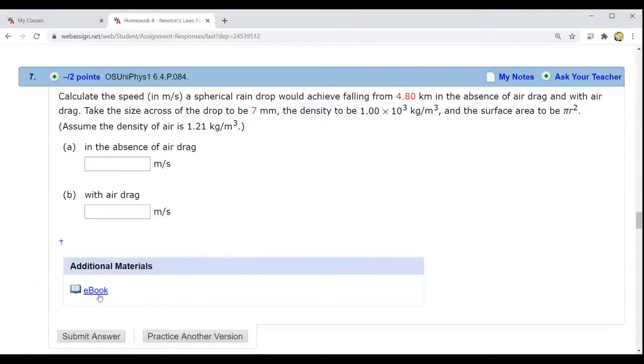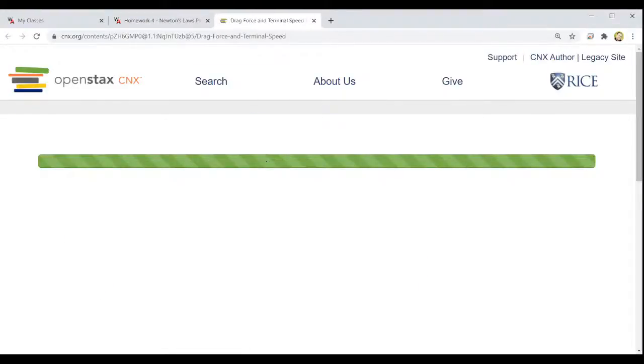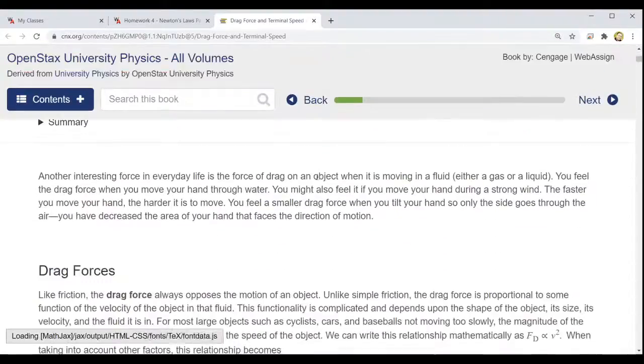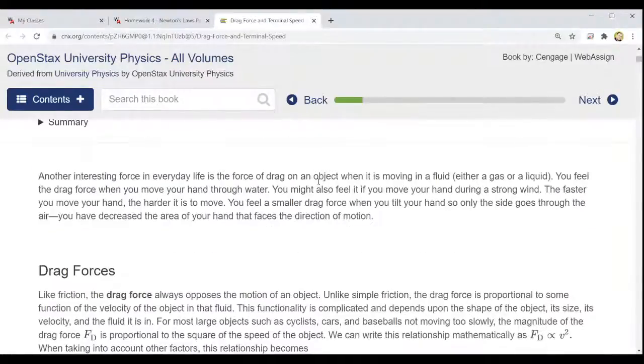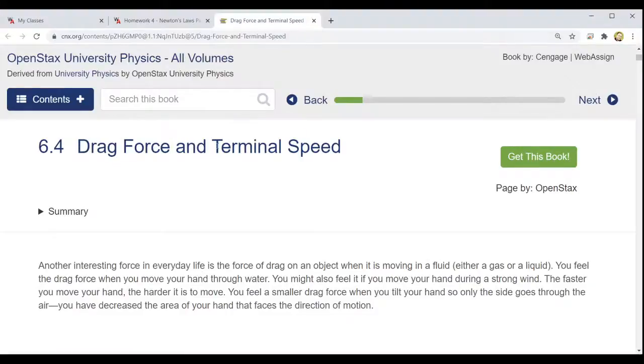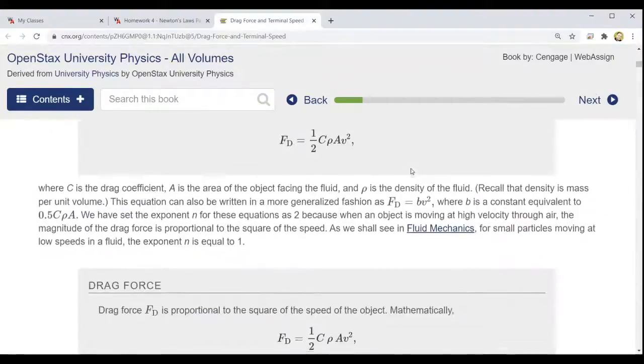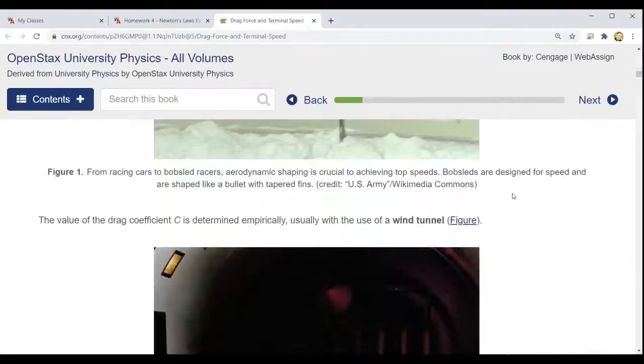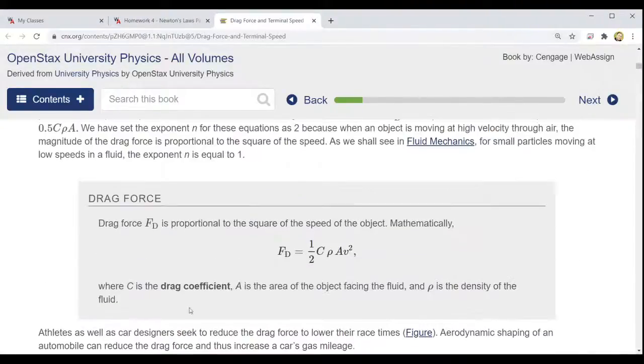Just to remind you guys, when you're working on problems here, don't forget you can click the link to the ebook. This is such a handy feature. It takes you right to the section of the textbook that is relevant. So this link takes you right to the drag force and terminal speed section in the textbook. And it talks about drag forces. There's a formula up here,